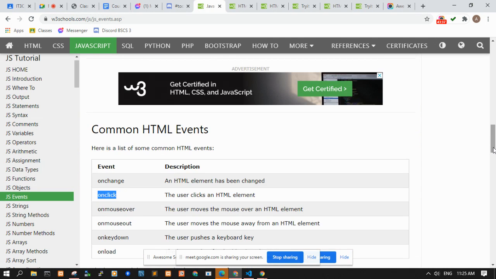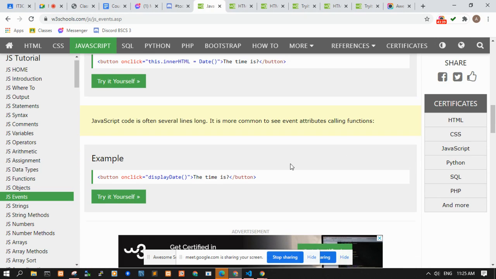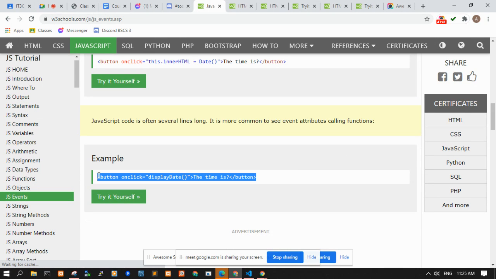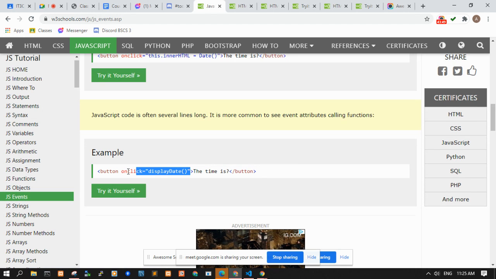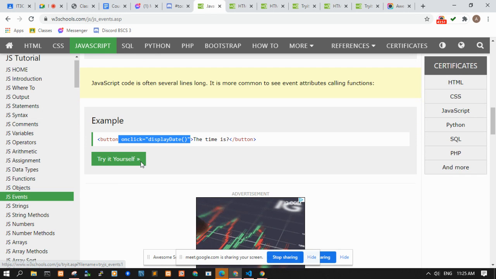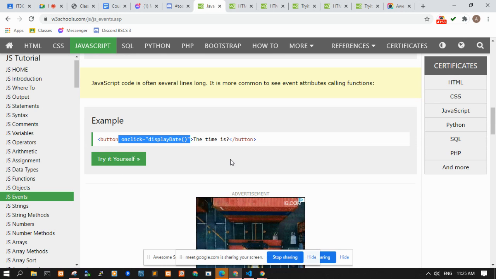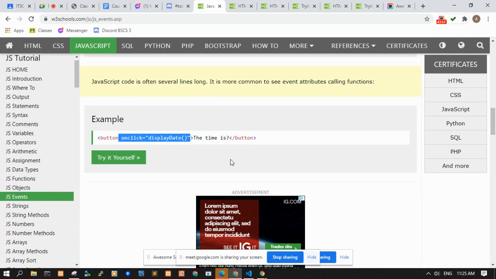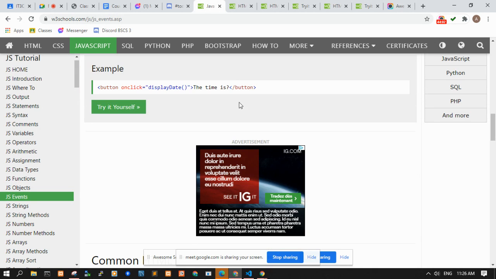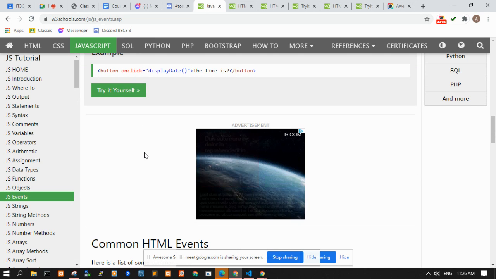But if you don't want your HTML document to be populated like this, you can remove this and have it done by JavaScript only. All the events can be defined in JavaScript. Okay, any questions?